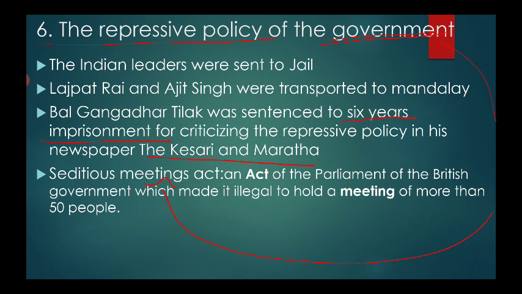So not only the internal part of India was leading to assertive nationalism, there were international events as well. International events like Japan made great progress in the industrial and military field, and they defeated Russia in the 1904 to 1905 war. Russia is a very powerful country, and Japan is a small country. So Japan defeating Russia was an inspiration for the Indians to drive out the Britishers from India.